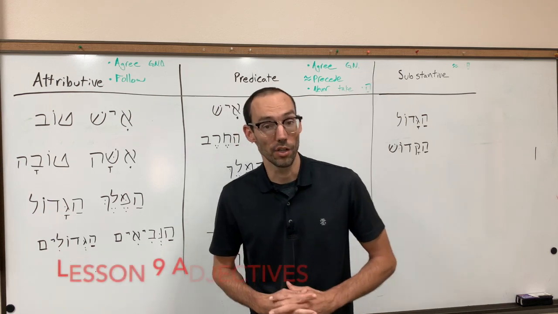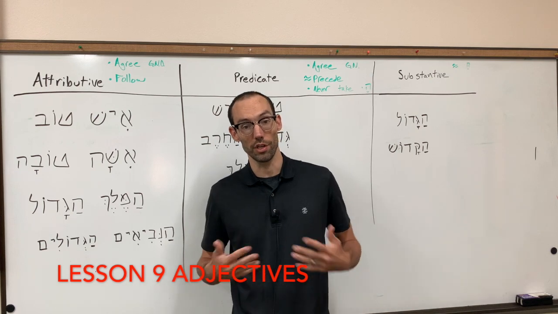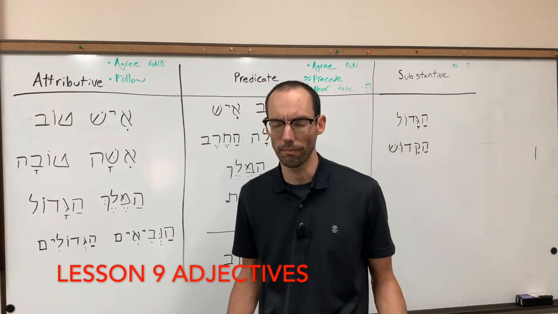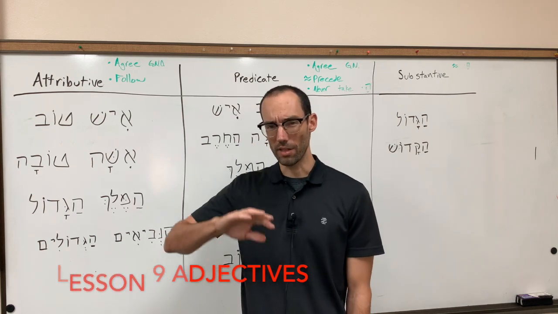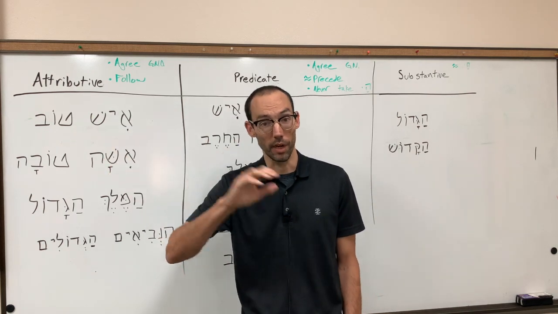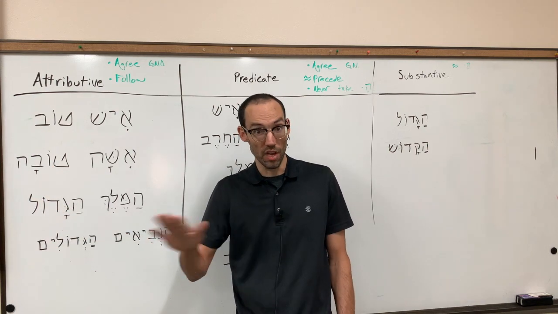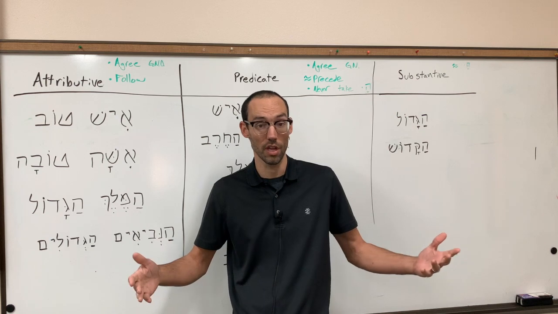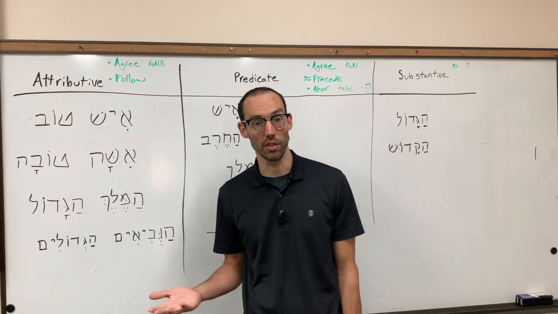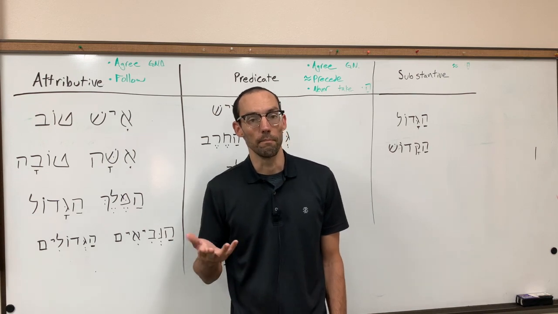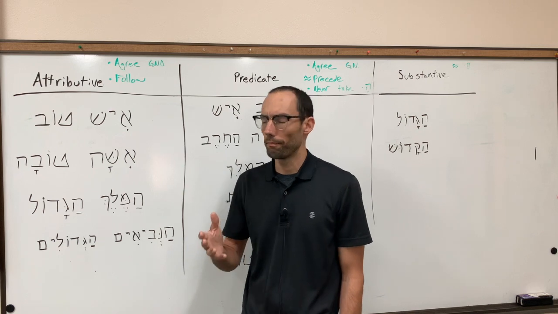Today we're going to cover adjectives, which is really exciting because this is really the last thing you need to learn before really getting into the Bible. The only other thing after adjectives is verbs, and that is a very big topic. And when I teach, I only teach verbs in second semester. So this is everything you need for the first semester, and after this, it's really getting into the Bible and reading it, so the next few lessons will just be that. And then down the road, perhaps we'll get into verbs, but that's a big topic.